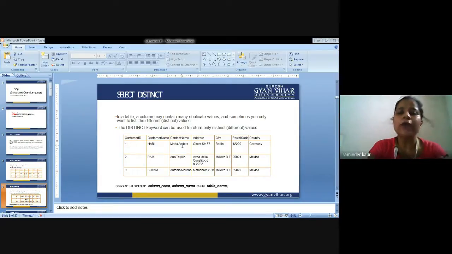So there are various interpretations for the various columns that are defined here in the table in the first row. Customer id has representation as 1, 2 and 3. Customer name has interpretation as Hari, Ram, Sham. Next customer contact name, sorry, Maria, Anders, Anna, then Antonio.